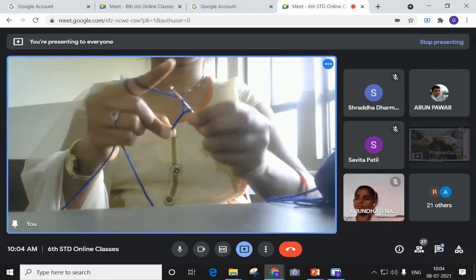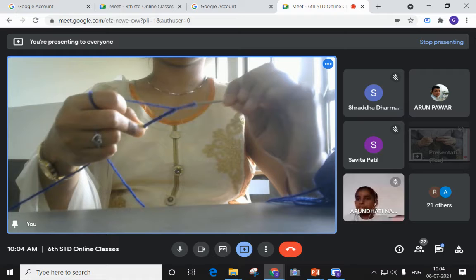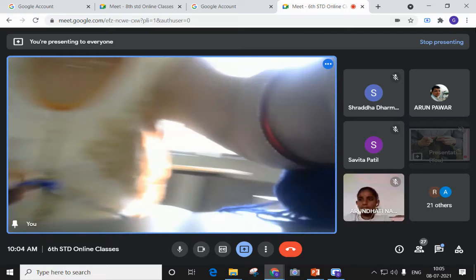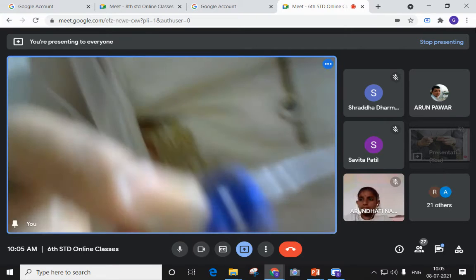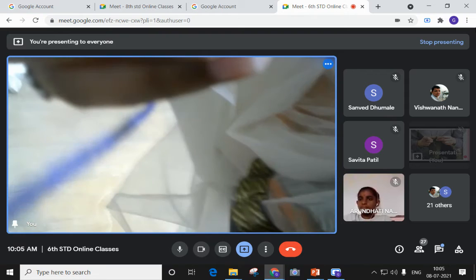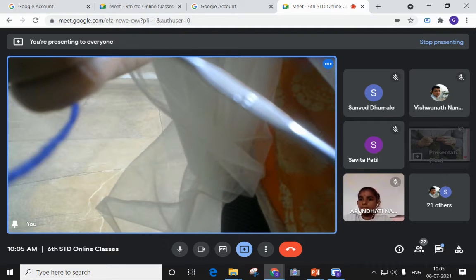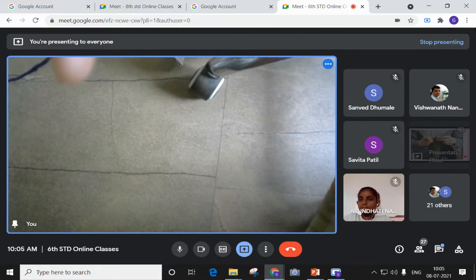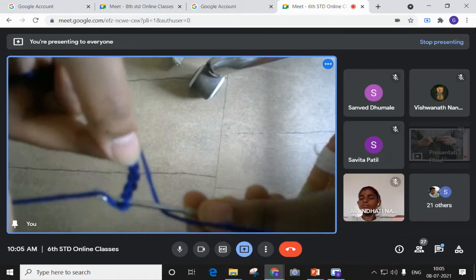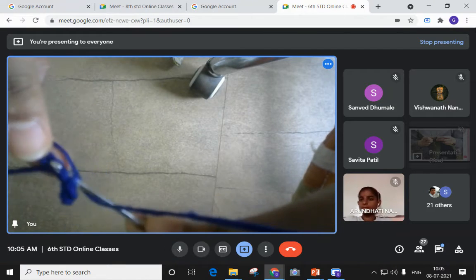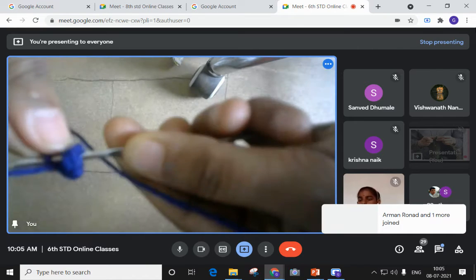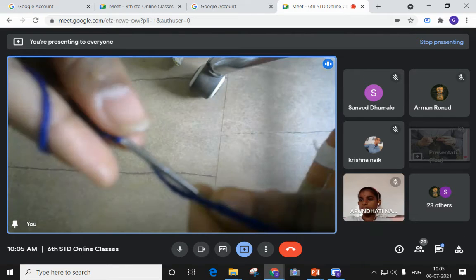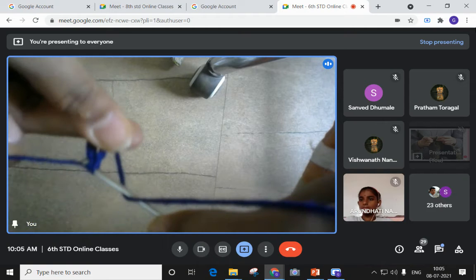See how I'm doing this. See, like this we can make fabric with the help of the knitting process.